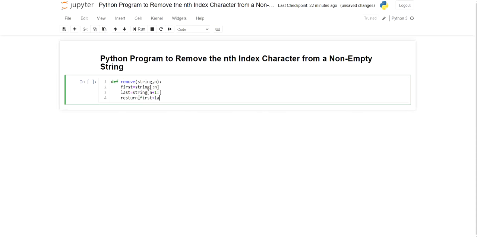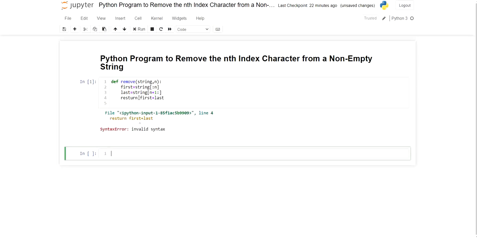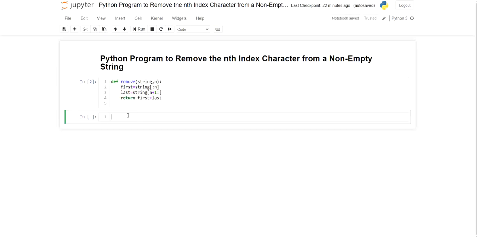First plus next. So after this, let's just call the string from the user. The user has to enter a string and the nth index value which he wants to remove.